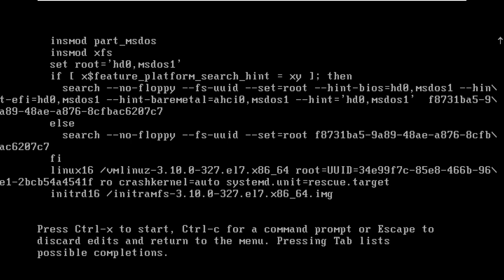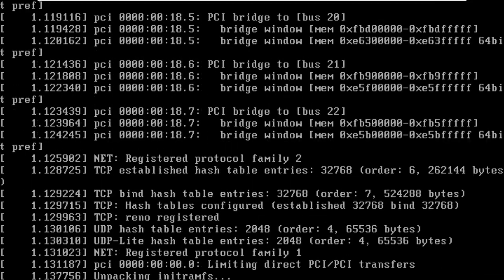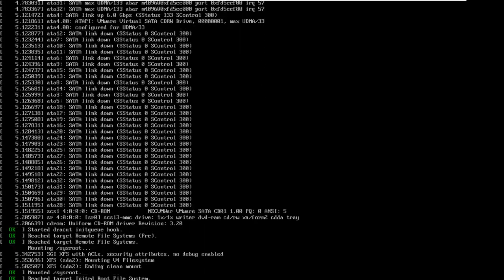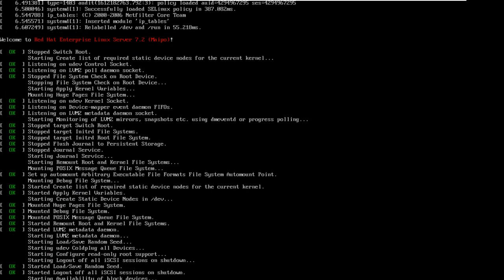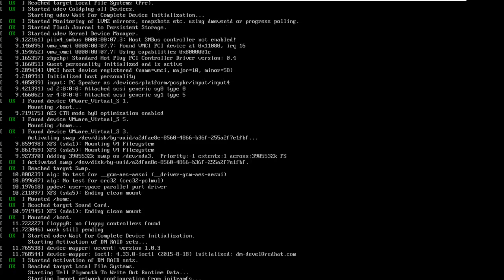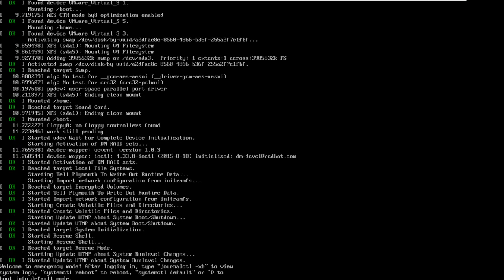So I will start it here. Now it will go for rescue. So if in case your system is not starting properly in graphical or even a command line, then you can go for safe mode for rescue. And you can see here it is saying that it is using the emergency mode and has loaded the rescue.target.